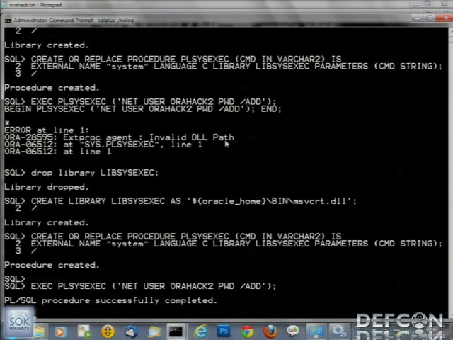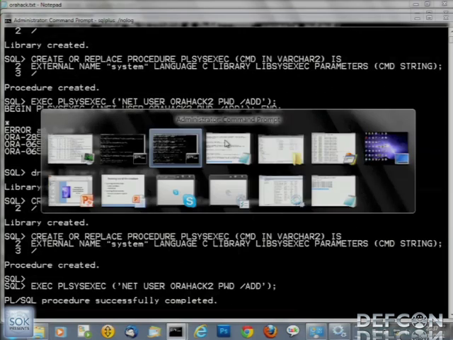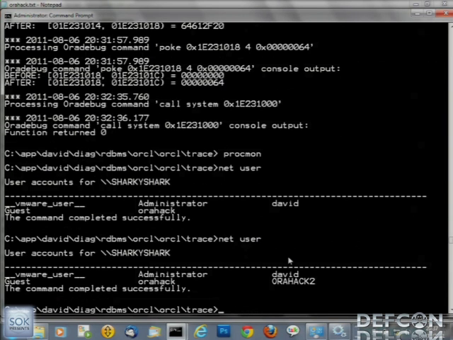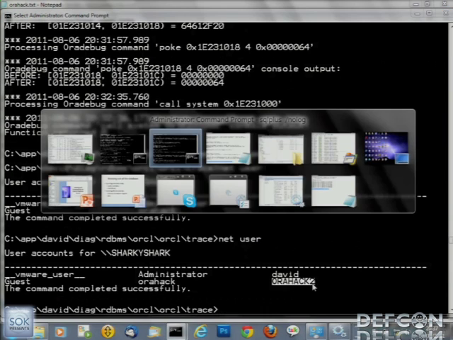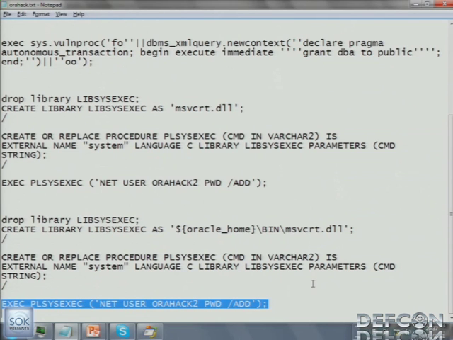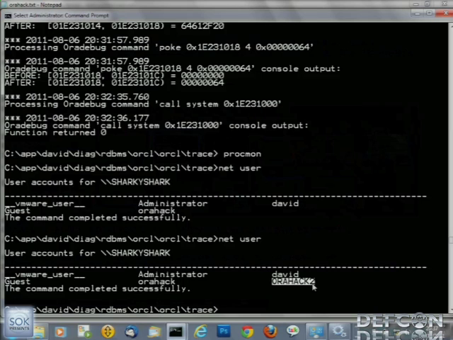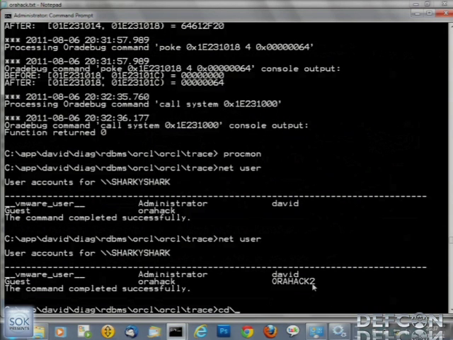So we get that completed successfully, and net user. We've now got the orhack2 user in there and so on. So dropping msvcrt.dll in there wasn't a smart idea. But to be fair, if you think about it, watch this, cd /app, cd